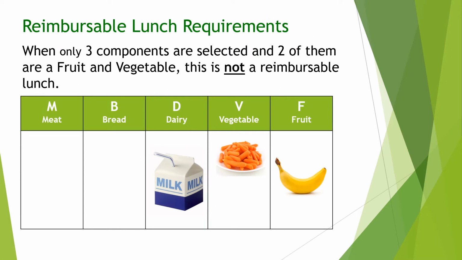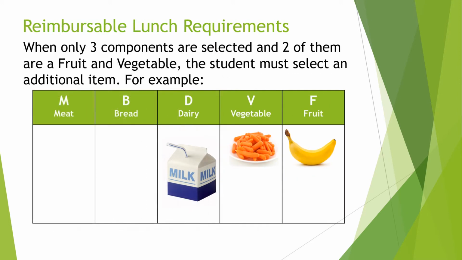When only 3 components are selected, and 2 of those components are a fruit and a vegetable, this is not a reimbursable lunch. To complete this lunch and make a reimbursable meal, a student may choose another vegetable component, such as a side salad,